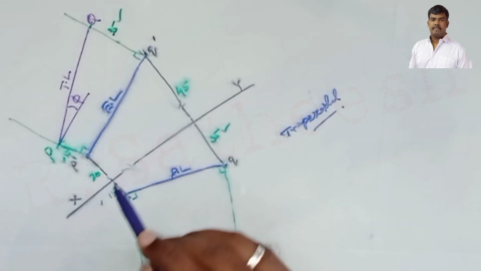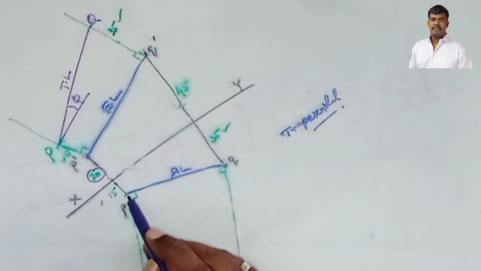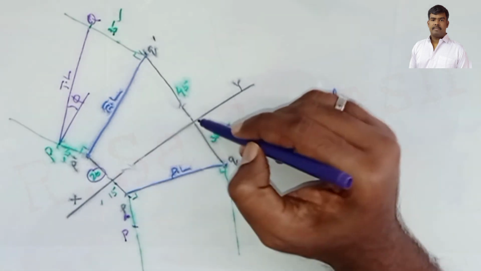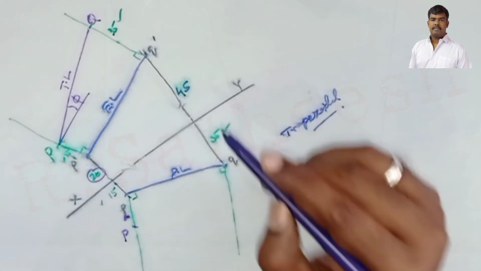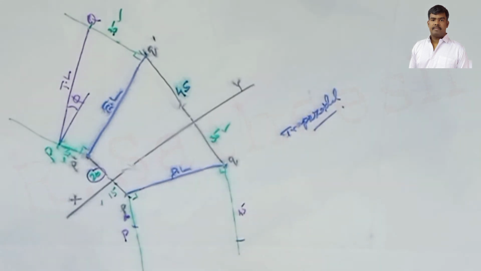Similar procedure: from XY to P dash, this 20 distance you take, and from P to here this is 20, this is P. Next, from XY to Q dash, this 45 distance you take, and from Q you mark 45. So this distance is also 45. Clear? Now you join, this is Q. Now you join, this is the true length. Clear? This is the true length. So 100% both dimensions are the same.